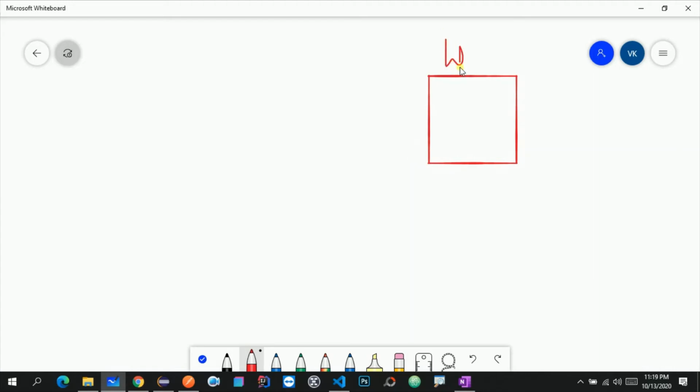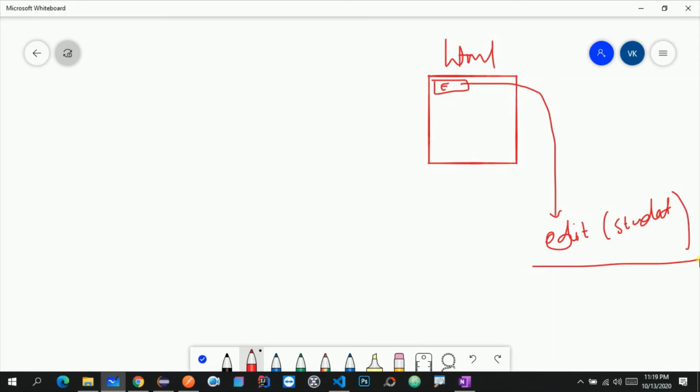And over here inside this HTML we have all our edit buttons, we have our models and all. So everything is in that HTML file. So what we are doing, let's say this is our edit button, and whenever we click on this edit button, we are just calling one function called edit. And whenever we call the edit function, we are just passing the student details or student object, and now we have the student object over here.